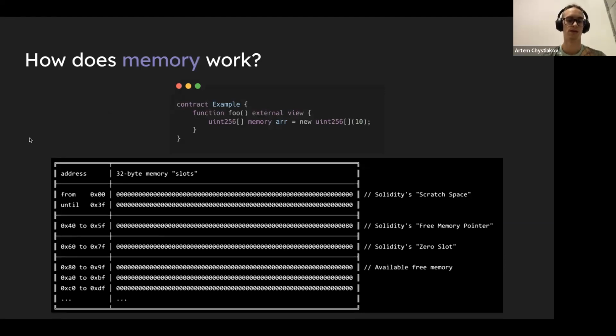So memory is a tricky structure in Solidity because it has pointers that do something special. There are certain memory locations that stand for other memory locations. So here is the table of